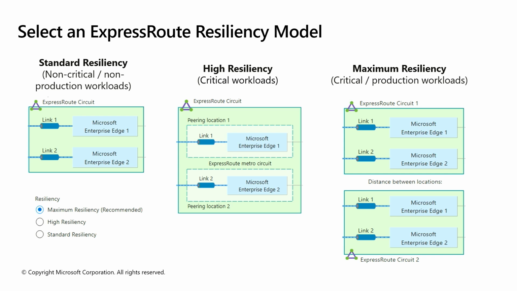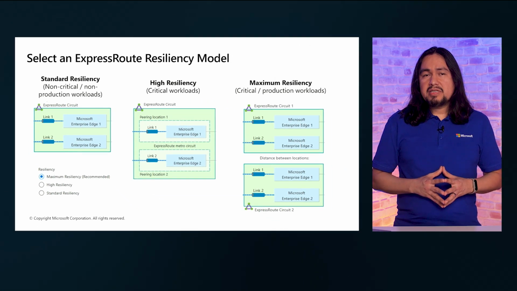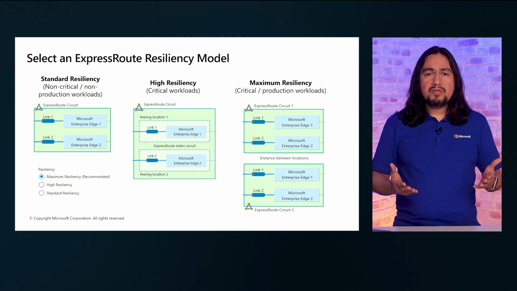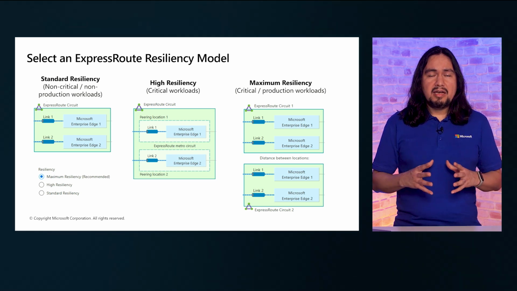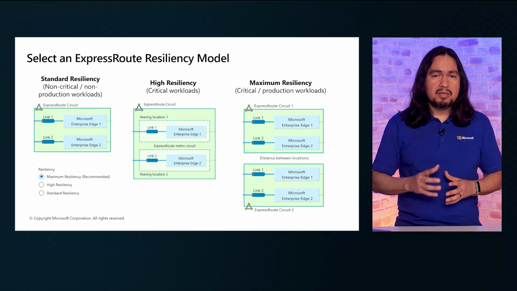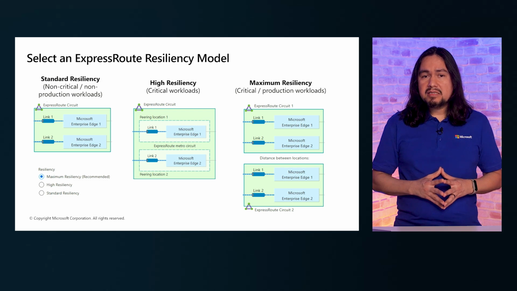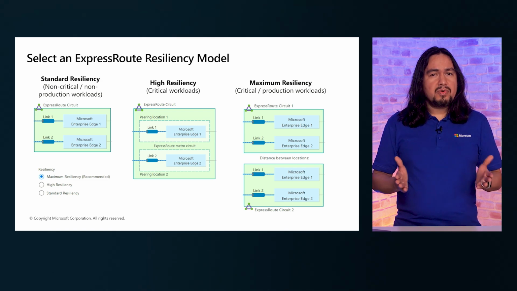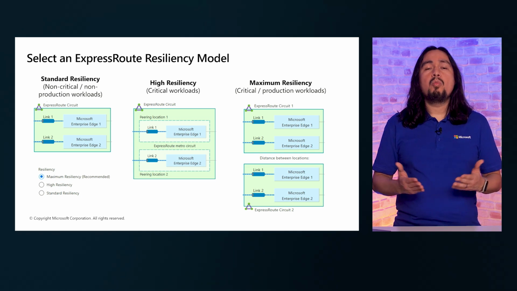The second thing that you need to define while creating your ExpressRoute circuit is selecting your resiliency model. The first one is a standard resiliency where you have two different links connecting to different enterprise edge servers, and it's connected through only one peering location. The second one, the high resiliency configuration, will separate these two links into different peering locations so you have more